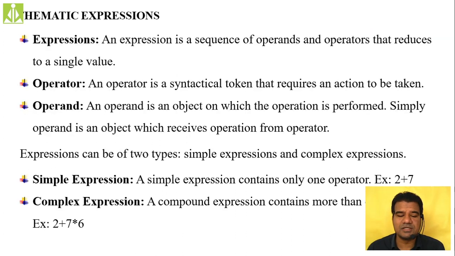So as part of the second unit, we started the concept of arithmetic expressions, and we have seen the terminology like what is expression, what is operator, what is operand. And then we broadly categorized the concept of expression into two: simple expression, complex expression. So first of all, anything which is a sequence of operands as well as operators will be known as an expression. So merely we are going to have only operators as well as operands in your expression. So this expression can be of two types: simple expression, complex expression.